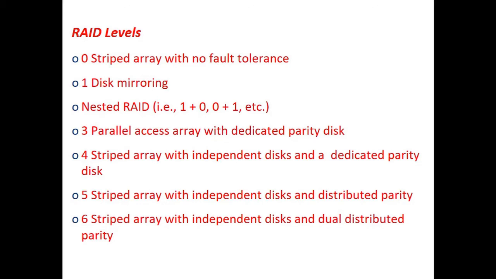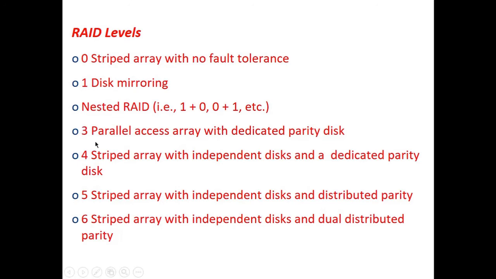There is something called RAID 0, the first level of RAID, where we have a striped array with no fault tolerance. In RAID 0, we can store data in multiple hard disk drives, thereby improving the performance of the entire system, but it offers no fault tolerance. Then we have RAID 1, which uses the disk mirroring technique. Then we have an interesting type of RAID level called nested RAID. In fact, there are two levels in this nested RAID, RAID 1.0 and RAID 0.1, depending upon whether striping is implemented first or mirroring is implemented first. So RAID 0, RAID 1, nested RAID.